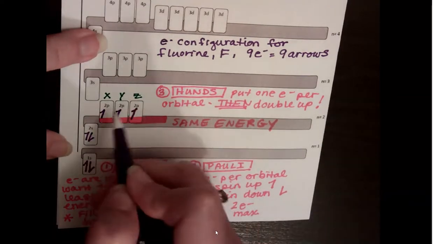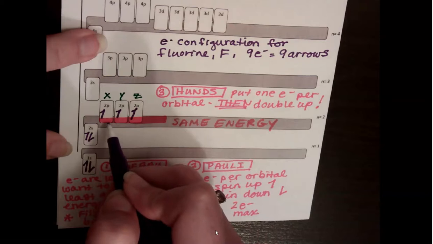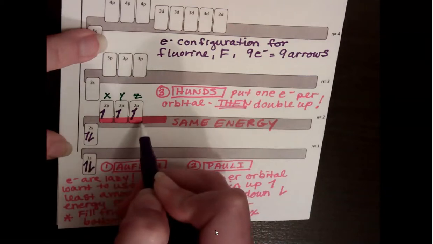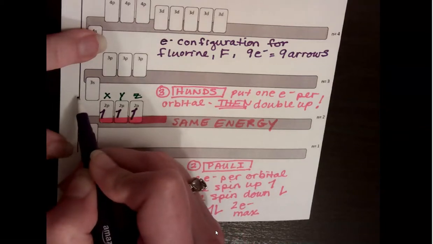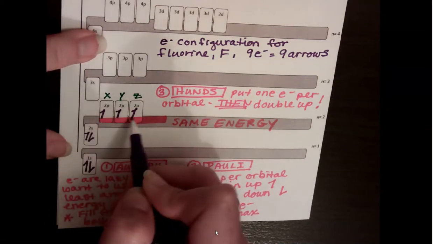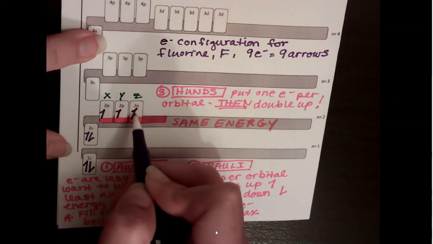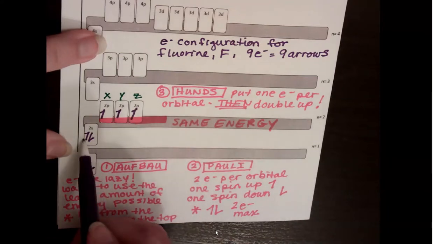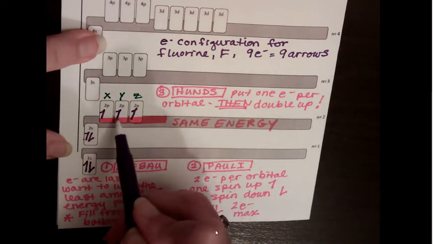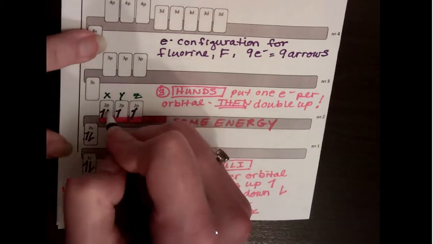Now I'm going to go back and I'm going to double up because there's still space available at a lower energy level. We don't want to go up to 3s yet because there's still spots here. I've spread the electrons out as much as I could. Now I do have to go back and double up. So we had 1, 2, 3, 4, 5, 6, 7, 8,